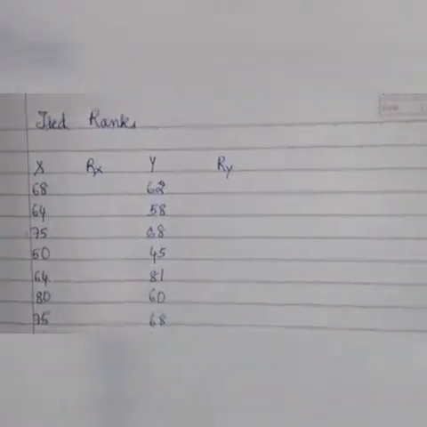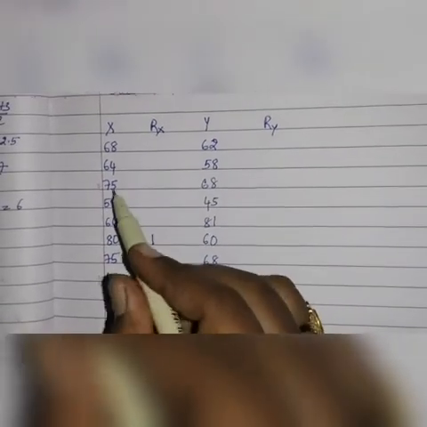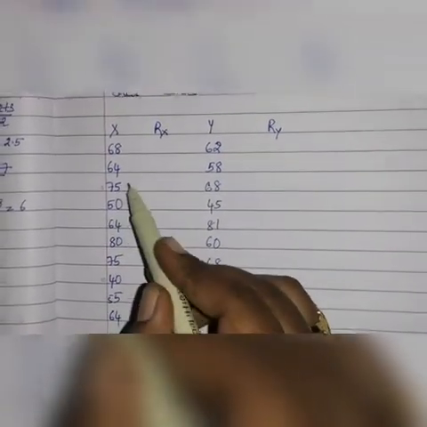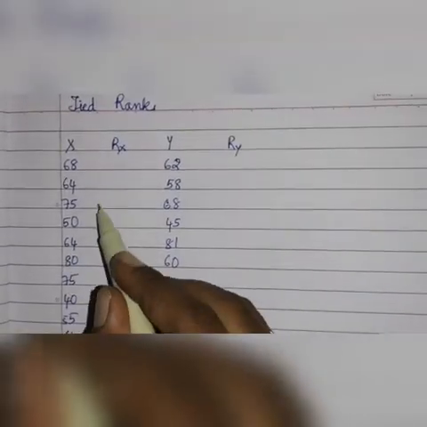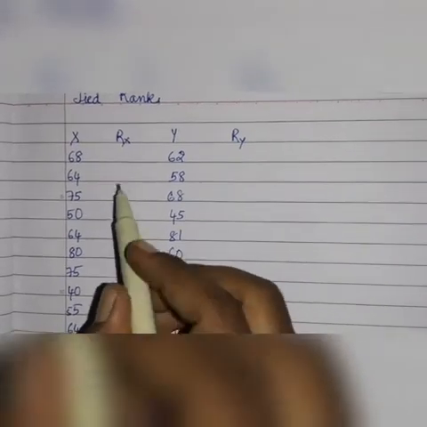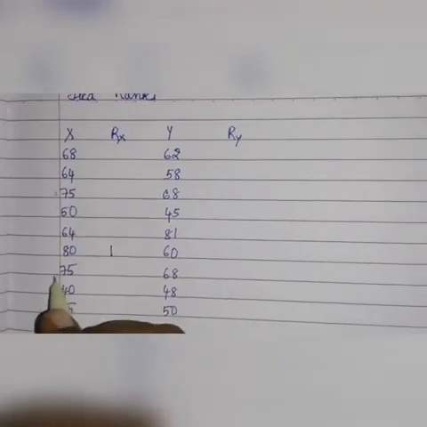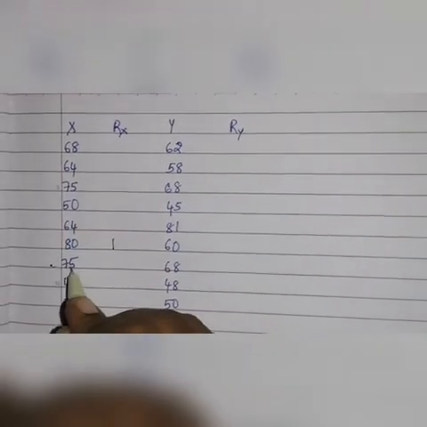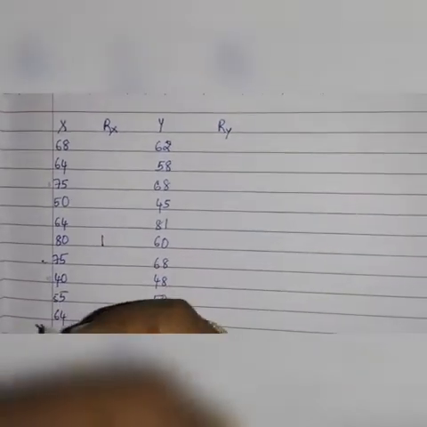So here in this set of data given here, 80 is the highest number, so that will get rank 1. Next highest number is 75. Now 75 is in two locations, so this is supposed to occupy two ranks. We cannot give second rank here, since this is occupying a position. So you have to take an average of these two.